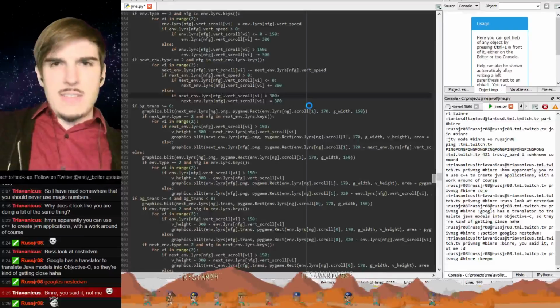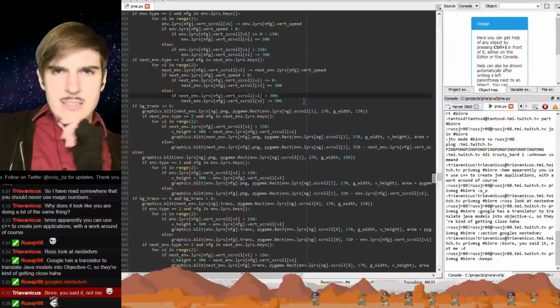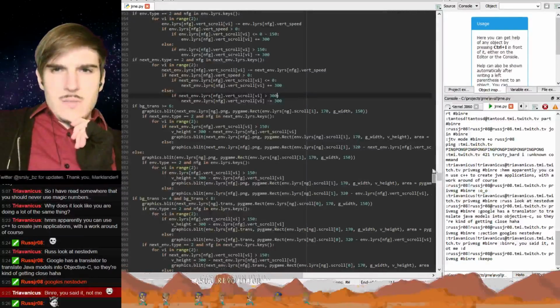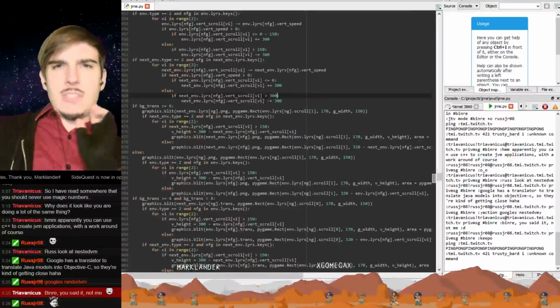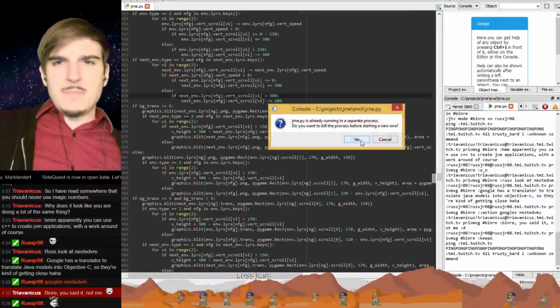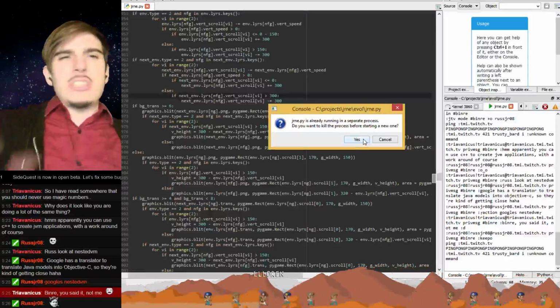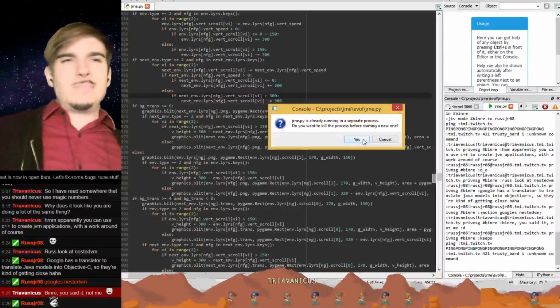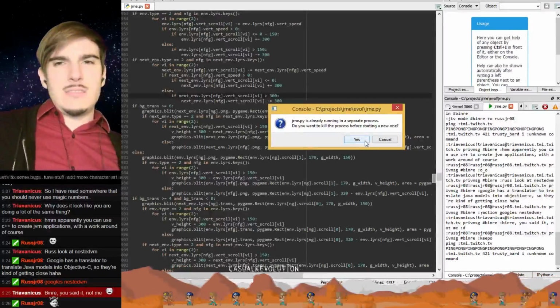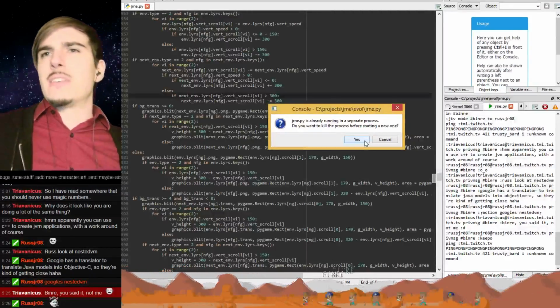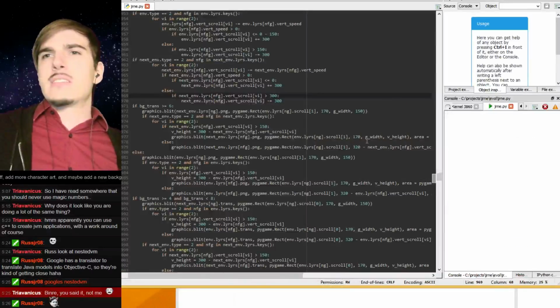So save that, and that might be sufficient. Hold on, I'm gonna try rerunning it, see what that does. Because it was just shifted down 150 pixels. We're not in an event or anything, are we? No. All right.